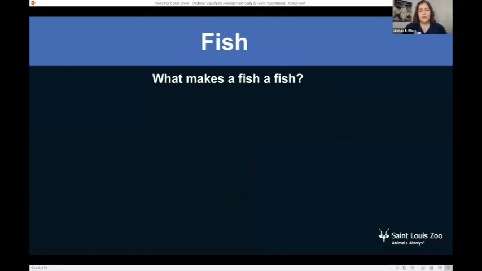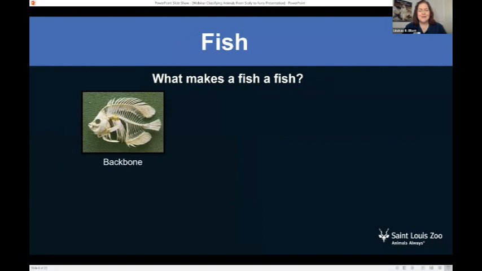We know that they're vertebrates, right? They're a group of vertebrates. So you can look and see. I'm going to move my mouse pointer over the backbone. There it is. Woo, running right down the middle of our fish. That's super cool. What else makes a fish a fish? Oh, some people are saying gills. They live in water. They have fins. Wow, you guys are so smart. Oh, scales. Nice. Let's click and see what's next.